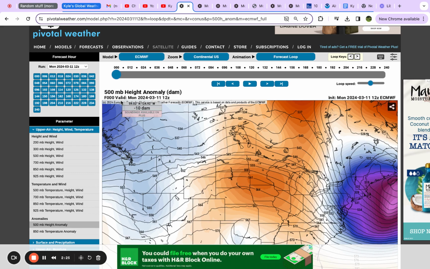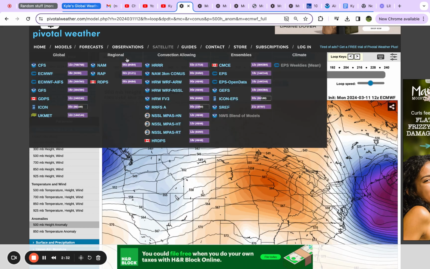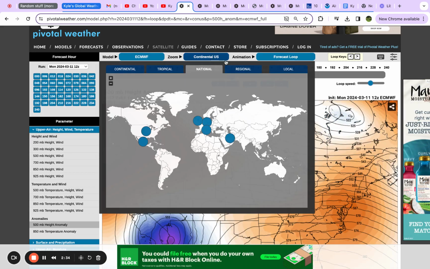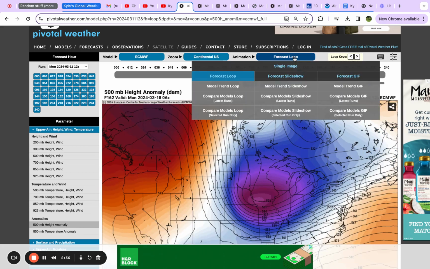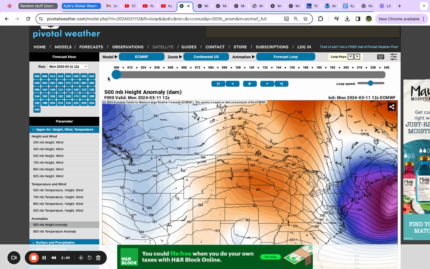And this is a map of something which I'm about to explain. And at the top, we have the different models, different ways we can zoom, and just different ways we can orient the model in general. But we can examine those in further detail next time.